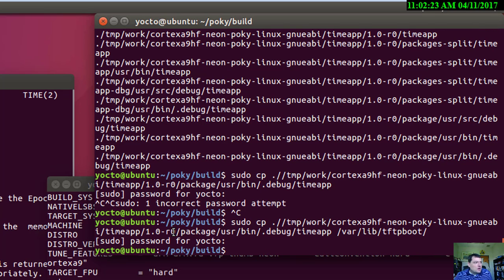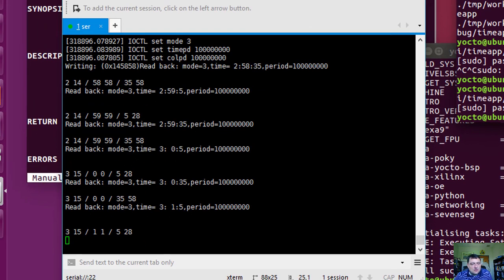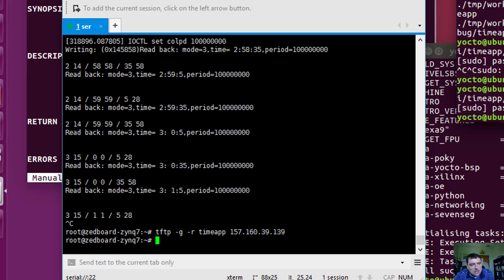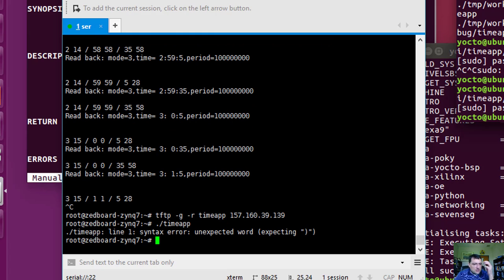And over on the board, I can do my tftp -g for get, -r timeapp is the remote file, and put in the IP address, and then I can rerun my timeapp. So this would allow me to